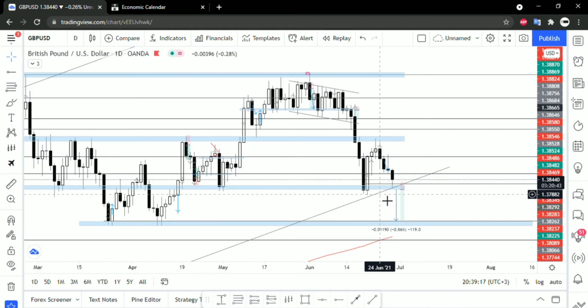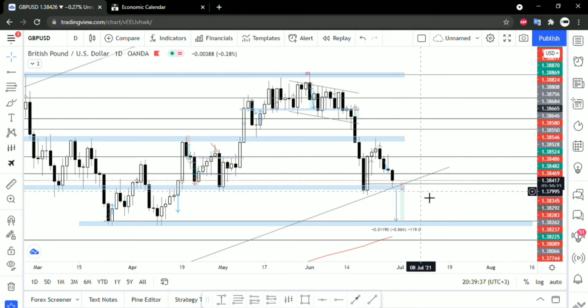So I am expecting, as we move towards this week, since it seems like the US economy is continuing to slowly come back up again, this currency pair to break below this particular trend line and continue to move to the downside towards this particular area, which is around